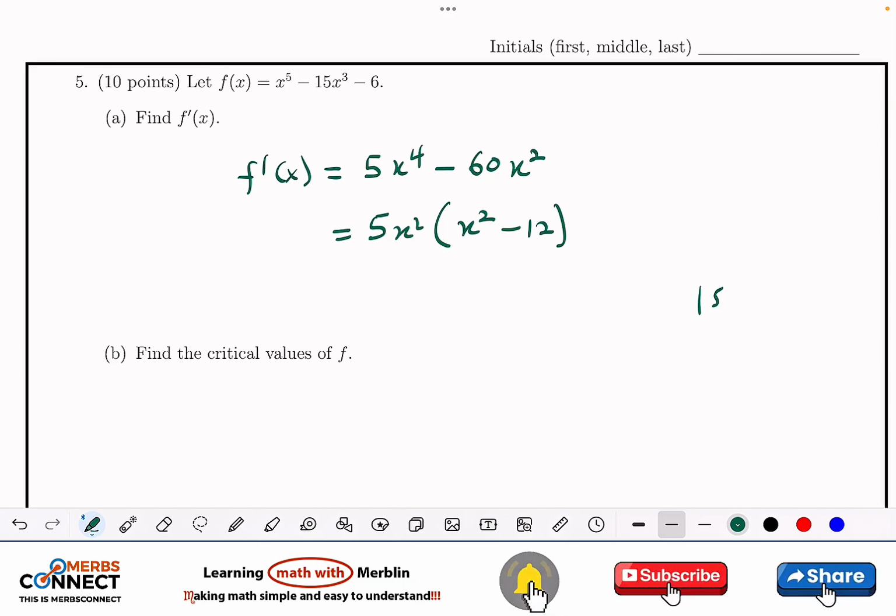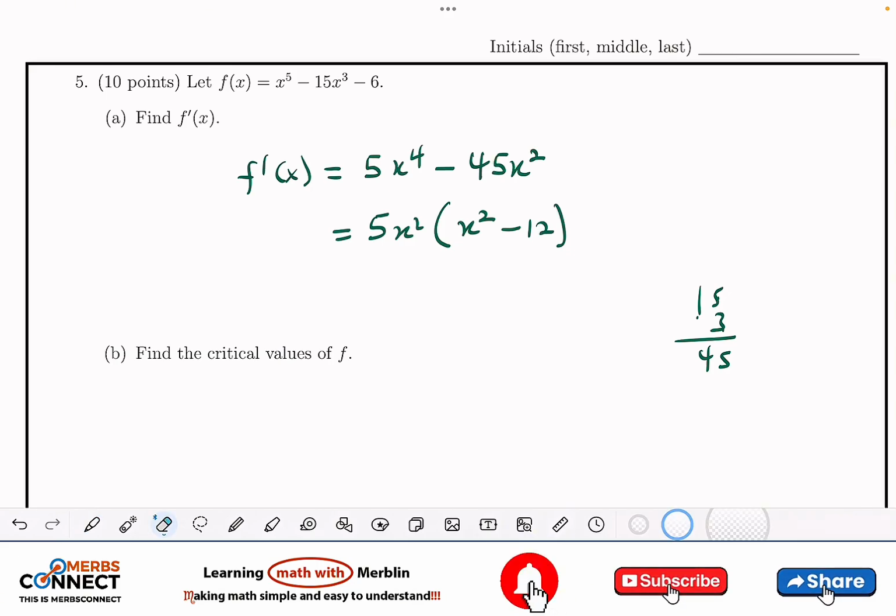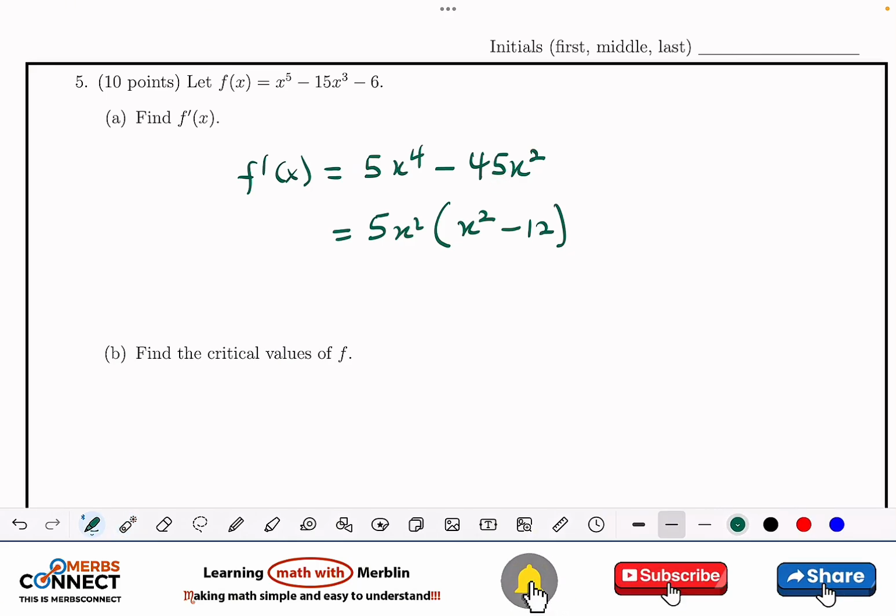But let me check my 3, 5, 15. Oh, this is supposed to be 45. Good. So that's the reason why. So it's good to check. When you are not using a calculator, sometimes your mind will just flip. So always make sure you verify things. Okay. Good. So when I factor 5 out here, then this one is going to be 9. Good. So this is what I'm going to get